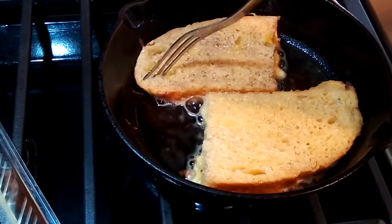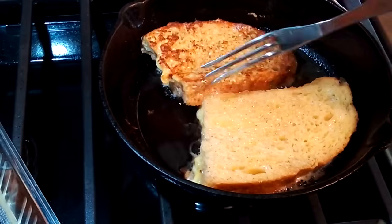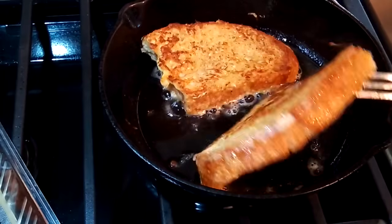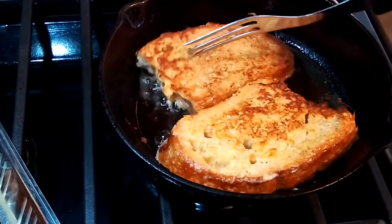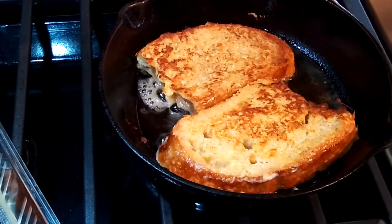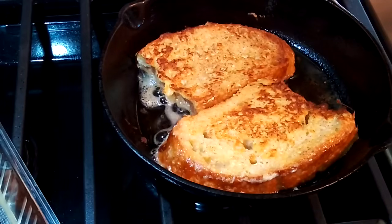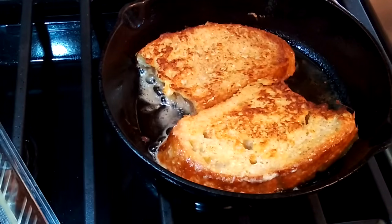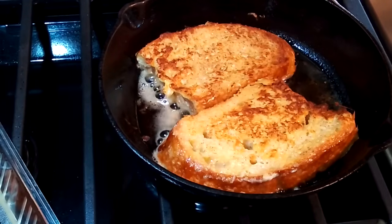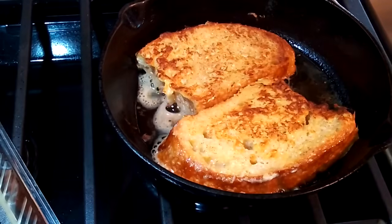Okay, we're going to turn these over. See how beautiful that is? And let them brown on this side as well. And you're going to do each one the same way. So if you have a lot of people to serve, then you just double up on your recipe to make more. But I'm just fixing this for 2 people, which we will have 2 of the pieces of